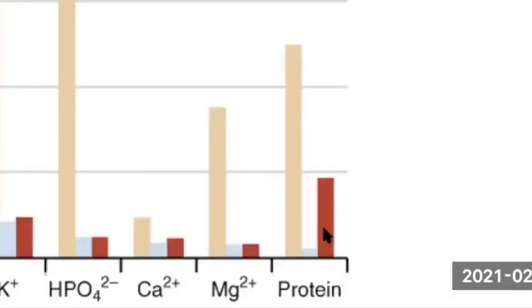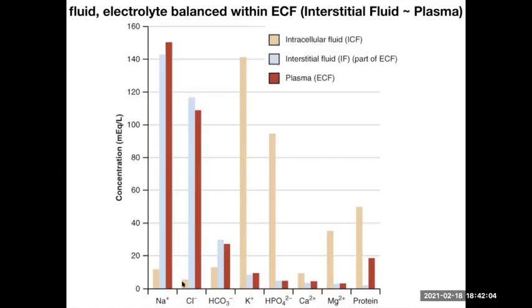You have all these blood proteins that aren't in the interstitial fluid. But all these electrolyte types of stuff are going to be about the same between these, right? And the difference is, here's the intracellular fluid, the cells, right? You'll see something like, here's the level of sodium inside a cell versus the extracellular. Here's the level of potassium right here, right? So there's a big difference in between,